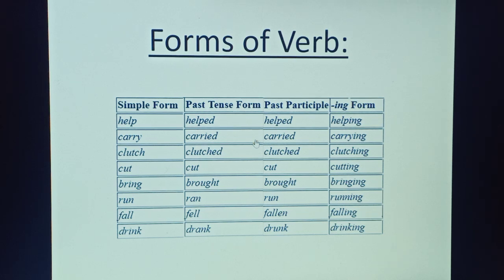Okay? And in this slide, there are forms of verb. A verb may have the following four forms: root word, which is the simple form, past, past participle form, and the last one is present participle form. You can see in the first one I am taking help. So the simple form of help is help, the past tense form is helped, and the past participle form is helped, and the present participle form is, we are only adding ing, and it will be helping, right? So it is the present participle form of help.